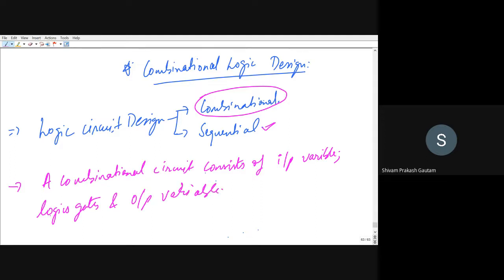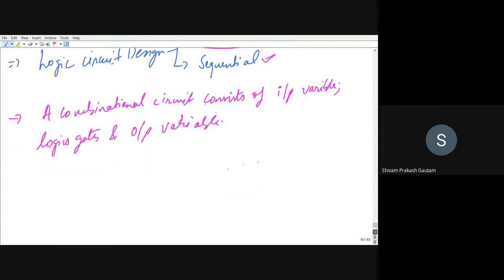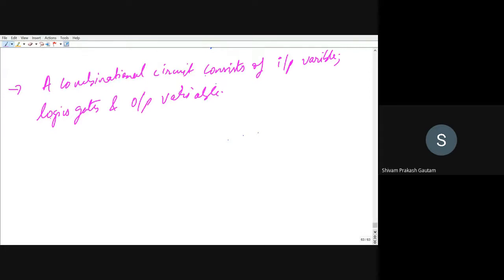If you have some logic and you want to transform that logic into a logical circuit using combinational logic, then first you have to define what the variables are, how many variables you will require, like 2 variables, 3 variables, like that. And then you have to form a logic, and if cost is a constraint, then you have to go for minimal logic so that the cost of the hardware is low, and then the output variables, depending upon the minimized expression. If you have, let us suppose, 4 input variables, it might be possible that the output has only 1 variable or 2 variables, or at max it can have 4 variables as well.